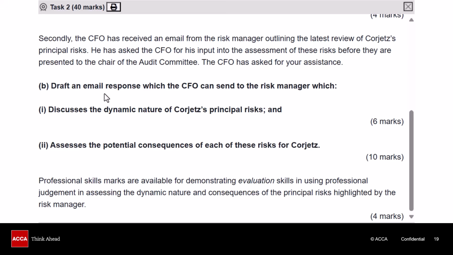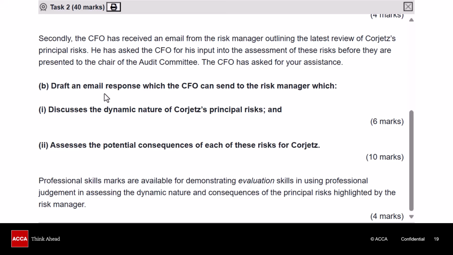Okay, so secondly, the CFO has received an email from the risk manager outlining the latest review of Courgette's principal risks. He's asked the CFO for his input into the assessment of these risks before they are presented to the chair of the audit committee. CFO has asked for your assistance. Draft an email response which the CFO can send to the risk manager, which, number 1, discusses the dynamic nature